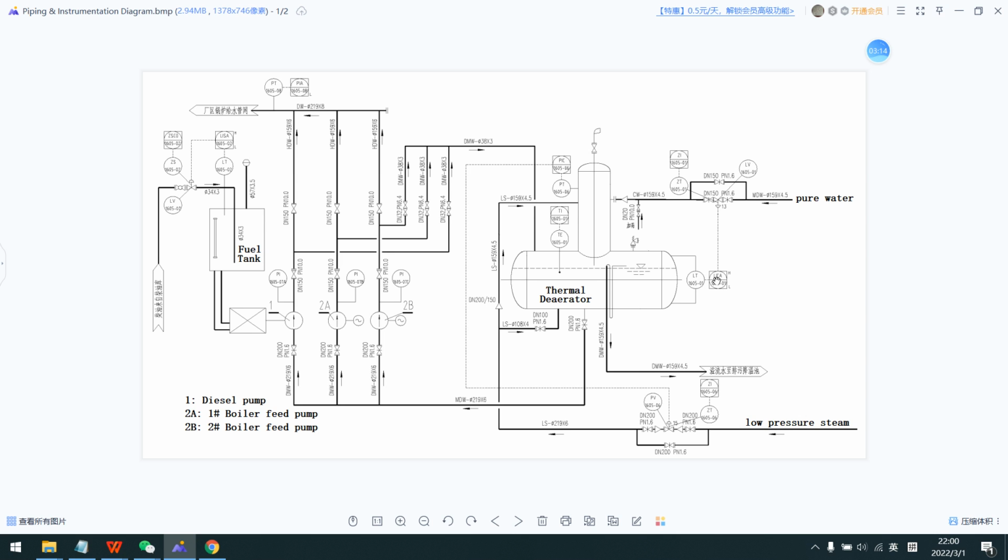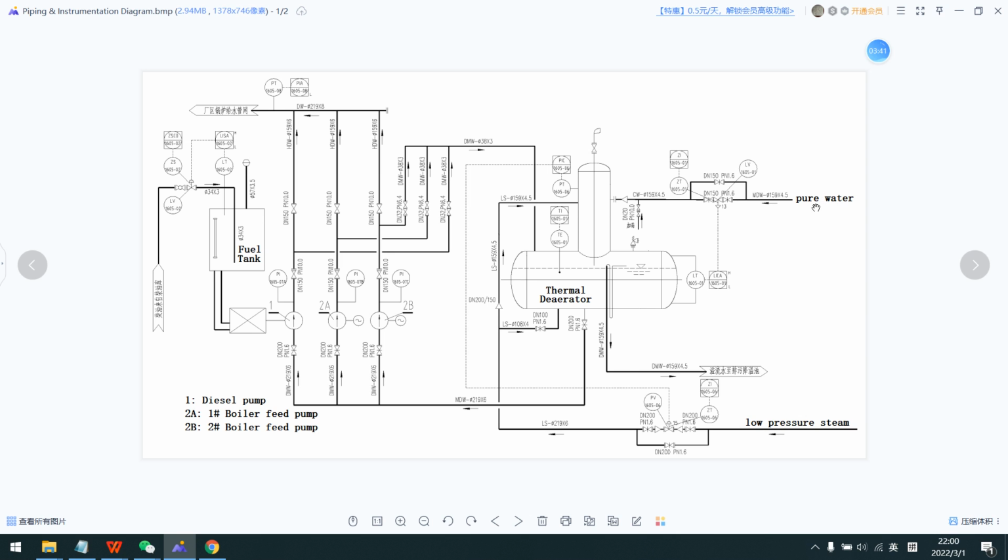L is level, I is indicate, C is controller, and A means alarm. So it has the function of alarm and controller, and it will give a high alarm and a low alarm, and the controller's output will go to the valve